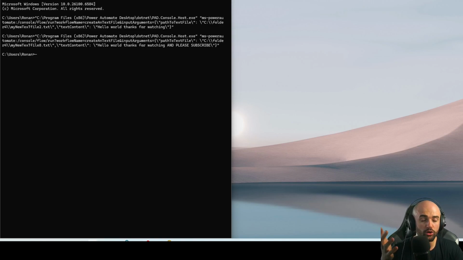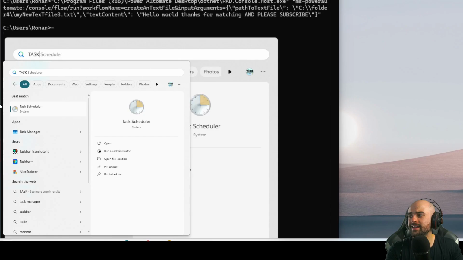Maybe you do not know that, but you can schedule a script, you can schedule a command from your Task Scheduler in Windows. So we're going to schedule a call for a flow in your Windows using the Task Scheduler. So open your Task Scheduler